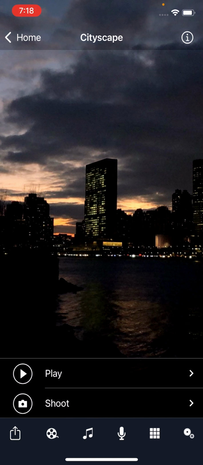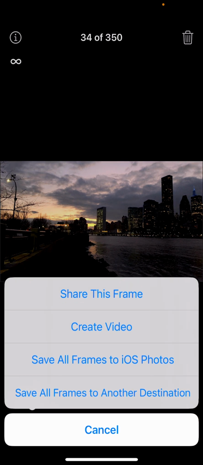So the next thing I want to show you is how you can export all of the frames from the project at once. So if I go back into the playback screen and I push pause and I tap the lower right button, you'll see that the third and fourth options I have are Save All Frames to iOS Photos and Save All Frames to Another Destination. Save All Frames to Another Destination is an option that is only available in OSnap Pro 2, and we're going to look at it in just a moment, but for now we're going to look at Save All Frames to